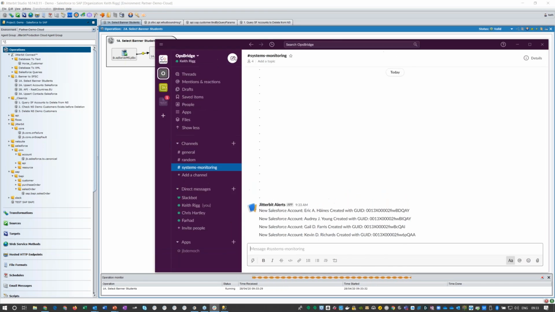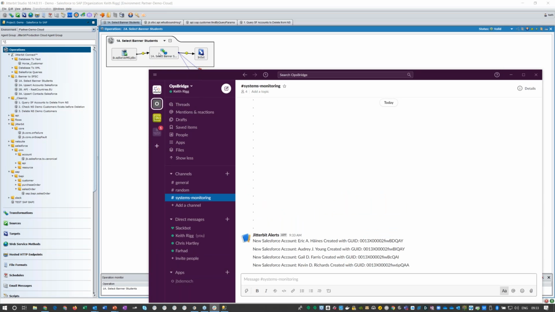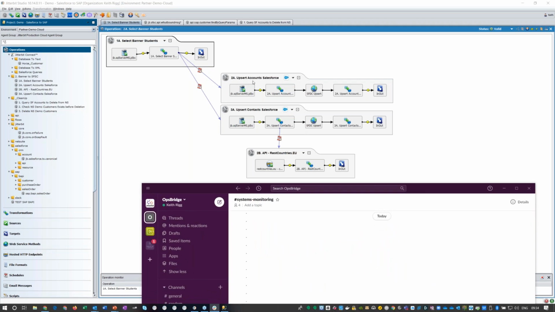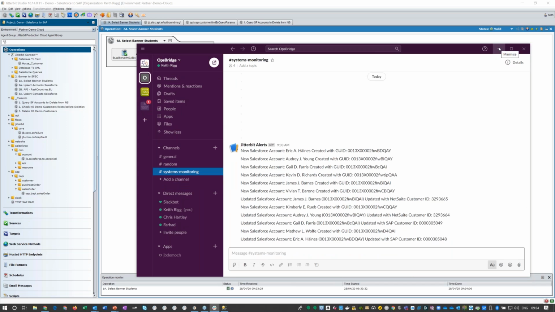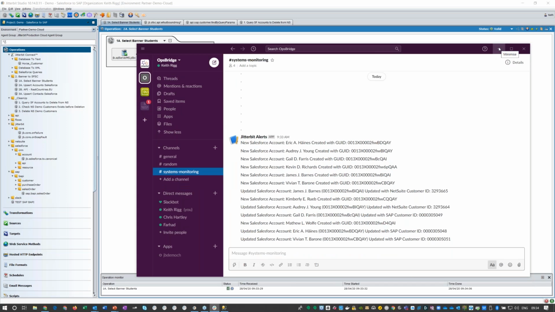What it's actually doing is selecting the 9 IDs of the 9 records, setting up a looping node, and then iterating through each record in the record set, so 1 of 9, 2 of 9, 3 of 9, etc. And what it's doing then in the flow, for each record, is an upsert to the account object and then an upsert to the contact object. And whilst that's happening, it's piping it out to Slack just for information purposes.